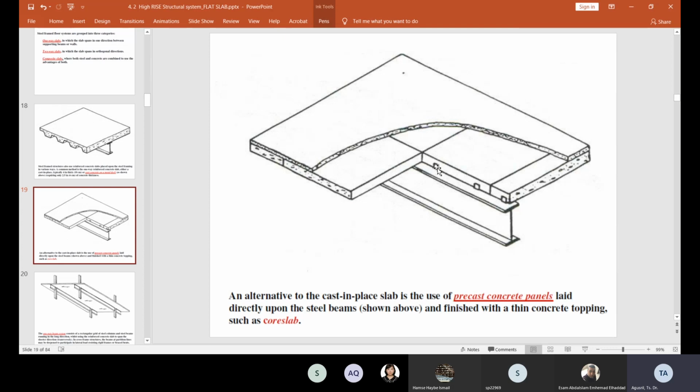Okay. And then you can see here we have the steel, and this one we call the shear stud. The shear stud is actually to connect the concrete with the column, in order to prevent movement of the slab due to loading. Okay, we have the shear stud here. And then this one is for the precast concrete panel. For the precast concrete panel, they also have the existing connector, just plug in.